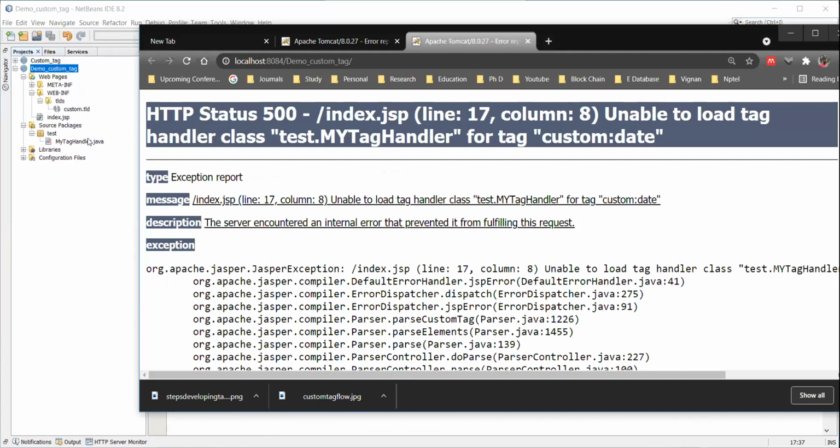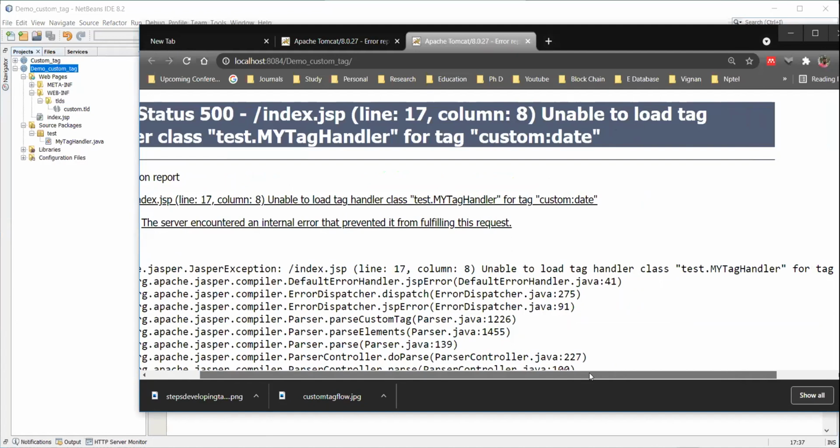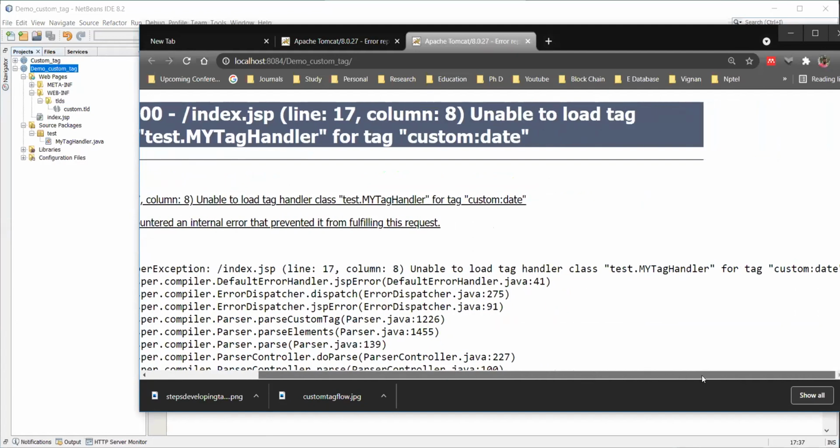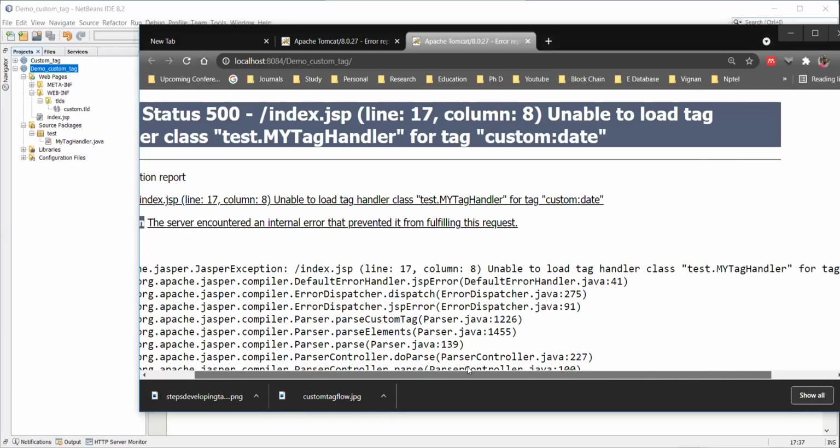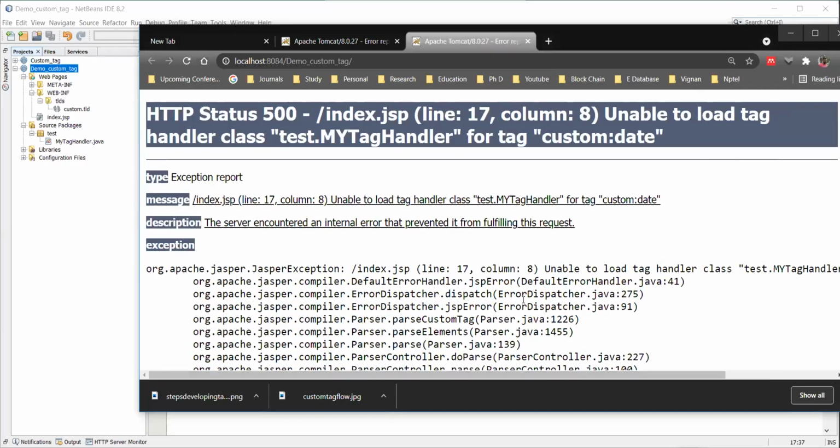See, it is giving some error with the tag handler class. Why? One second.